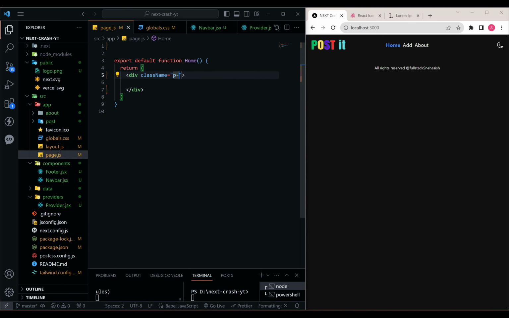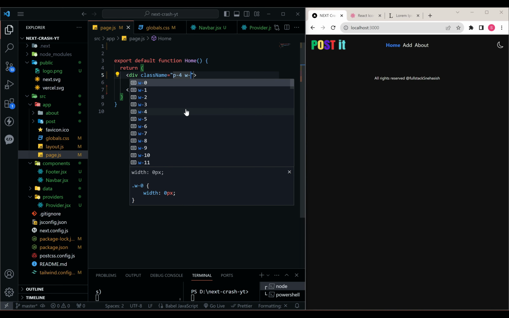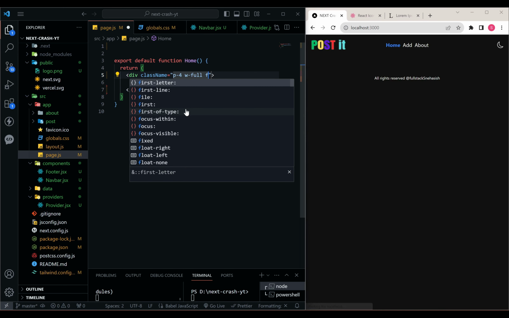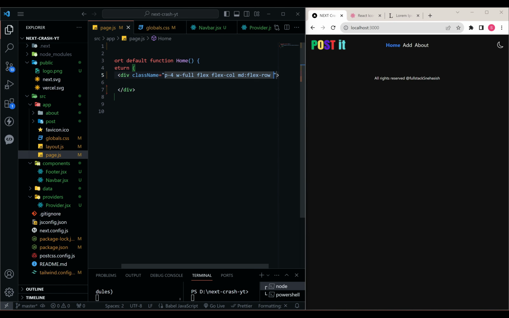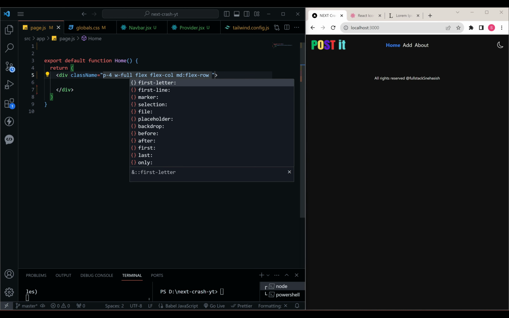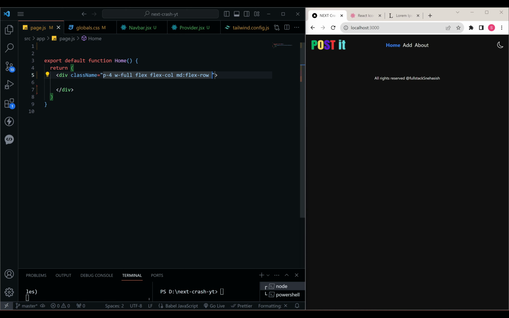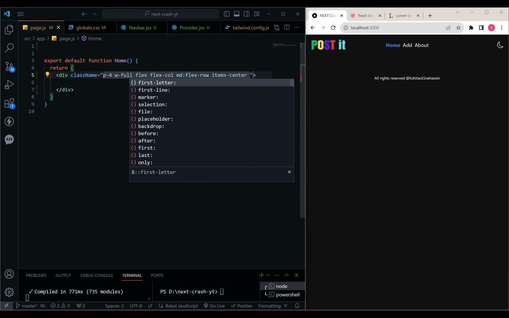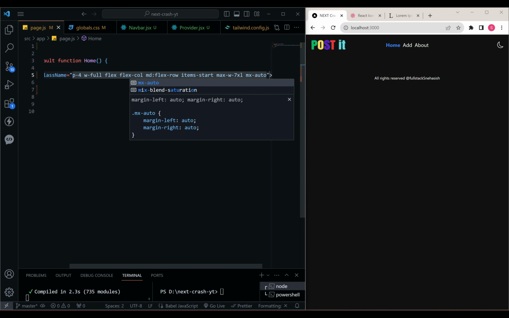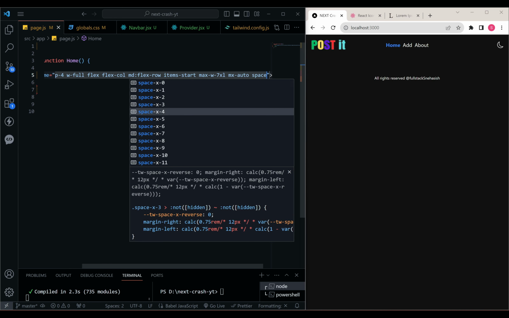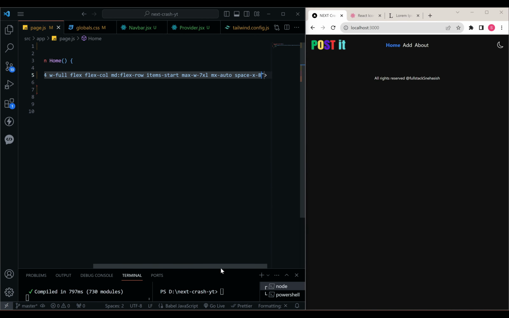Padding of 4, width full, flex, flex-col. For medium screens, it should be flex row. And items center. Okay, items should be start and max-w-7xl, mx-auto,